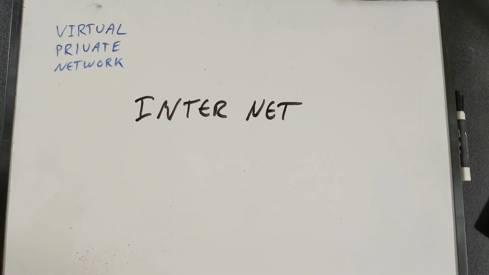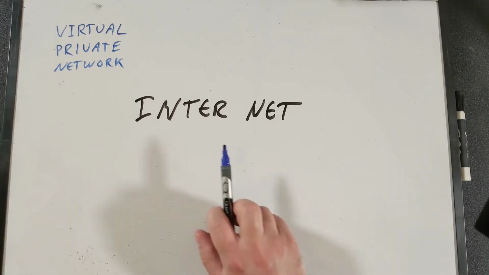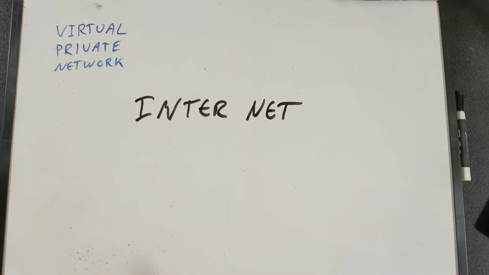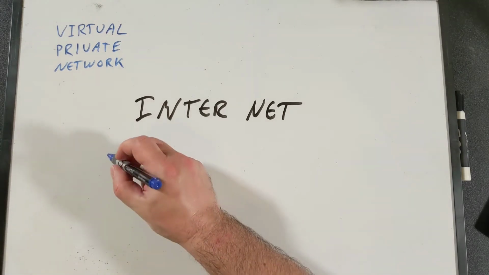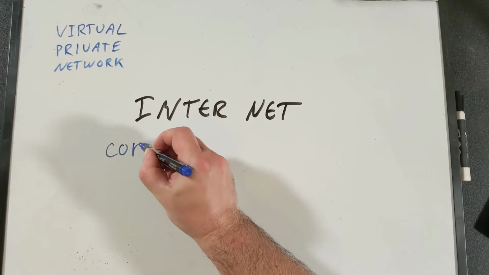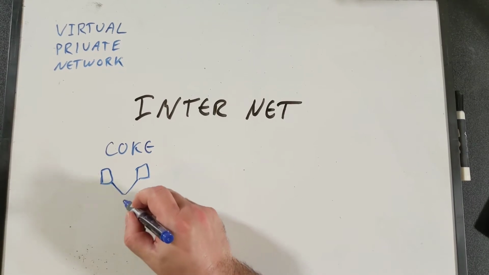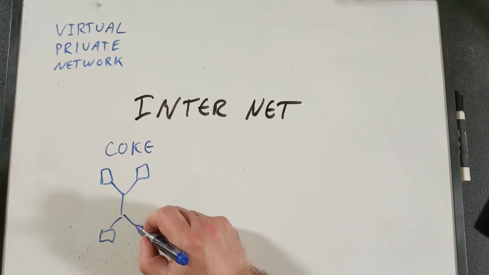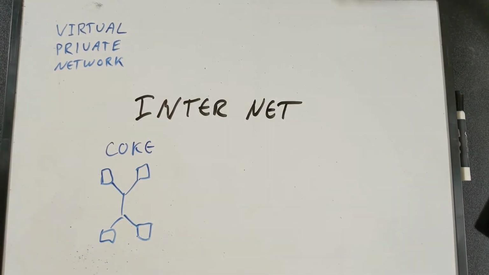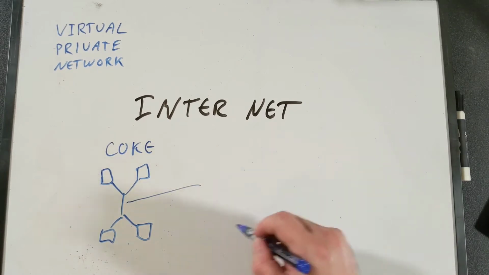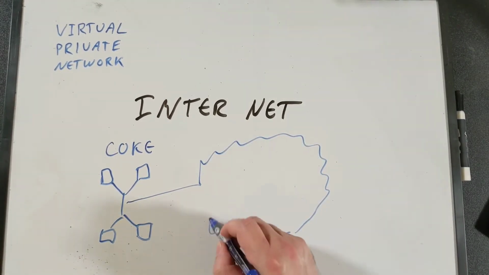When we think about networks, most commonly we think about the biggest one, the internet. But really, the internet is built as a collection of a bunch of smaller networks, and we can see that in the name. It's the internet, or a network of networks. So the internet is a bunch of networks connected together. Maybe we have the Coca-Cola network over here with a bunch of computers hooked together somehow. Some servers they have on site, some workstations they have for sales or whatever. And that's connected off to some stuff in the middle here, which traditionally has been drawn as a cloud.